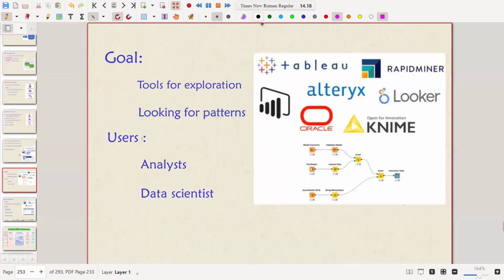I suggest that the new terms you are seeing here, just try to Google and know about them. Last year, each of these names was given as a project topic to different student groups. Each of the student groups came here and talked about each of these tools you are hearing, like Nine, Looker, Alteryx, RapidMiner, Tableau, whatever. However, in your case, we have given you a research work to read and present. Okay, fine.